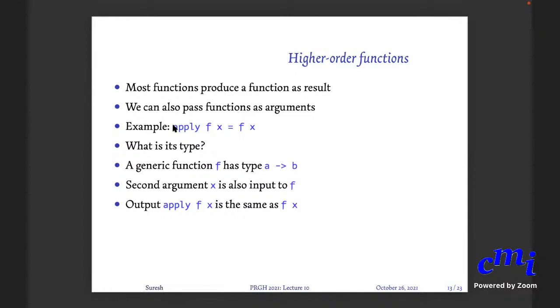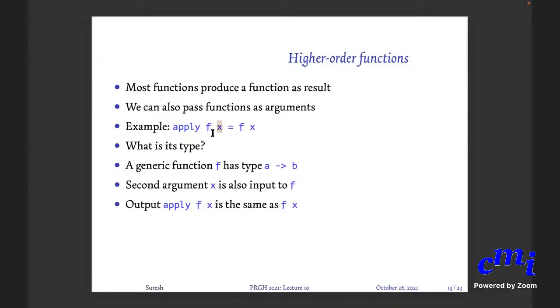And here is the simplest kind of function that you can pass as argument: the function which we will define called apply. Apply takes one function and one value. And what is its result? It applies the function on the value. Apply has two arguments: f, which is a function, and x, which is a value whose type matches the input type of f. And then the result is f applied to x. It's a sort of redundant function, but you see that you can do this.